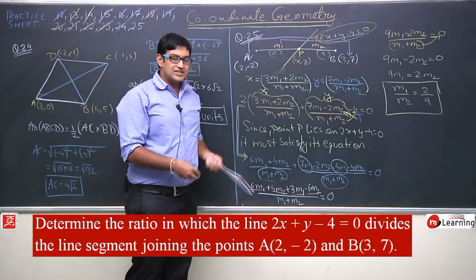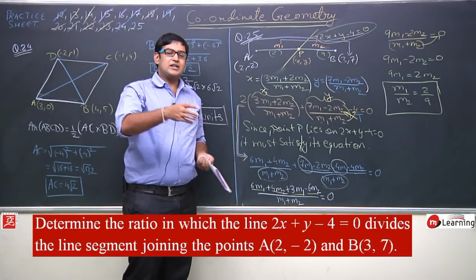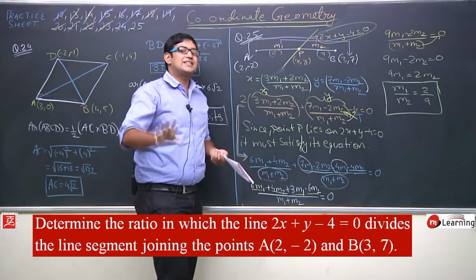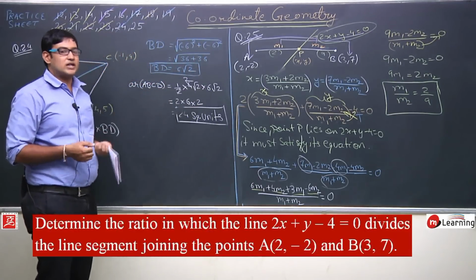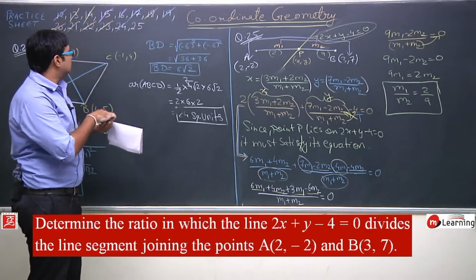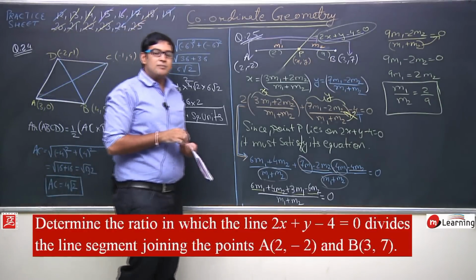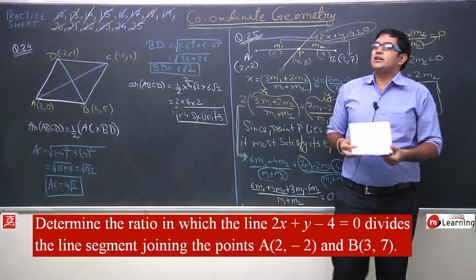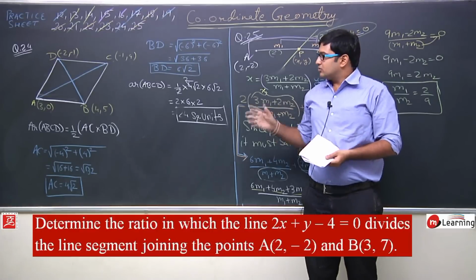OK, so this is a bit tricky question. This is a very good question, very tricky. Maybe it is not important for your board exam, but it is important for NTSE exams. For NTSE and that kind of Olympiad exams, this question is important. So this completes question number 25 and we have completed another concept of section formula. Now from the next lecture we will learn the next formula, that is the area of a triangle. So you can note this.